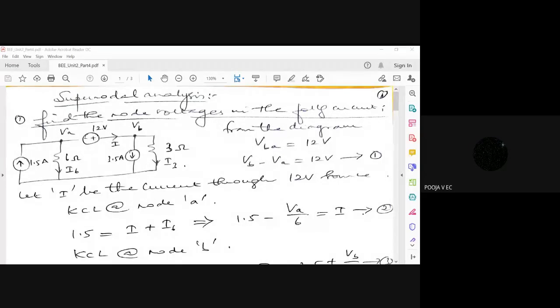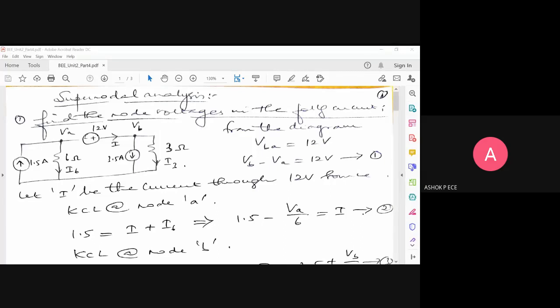The concluding portion of Unit 2, we have finished all the theorems in the last class. So, we have seen the superposition theorem, Thevenin's theorem, Norton's theorem, maximum power transfer theorem, and the reciprocity theorem. And now, we have seen super mesh analysis also. Now, one more topic is remaining, super nodal analysis. So we'll see that, and then Unit 2 will be complete and you can apply these concepts anywhere in Unit 1 and 2 wherever it is applicable.